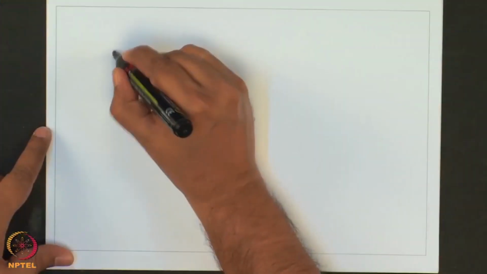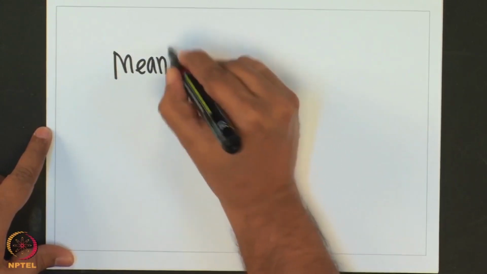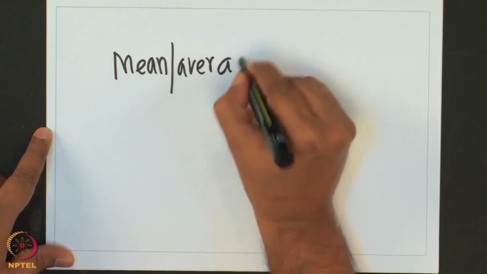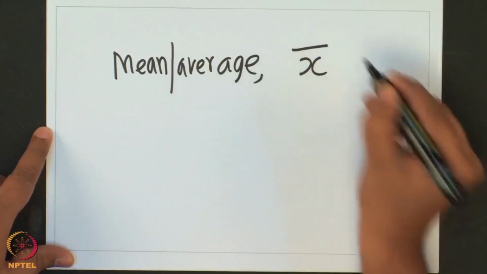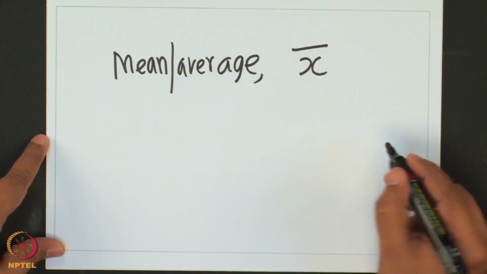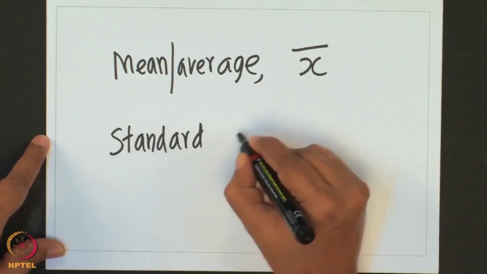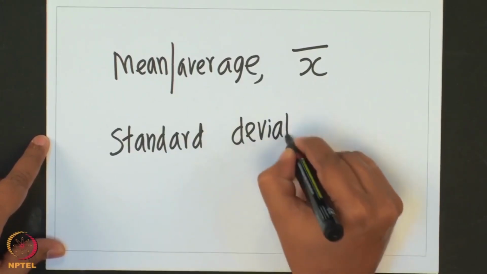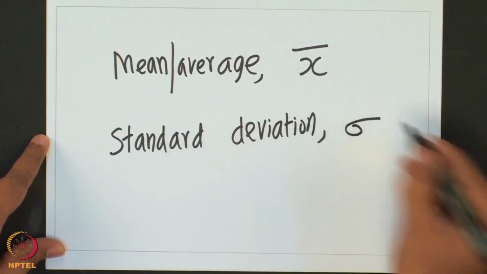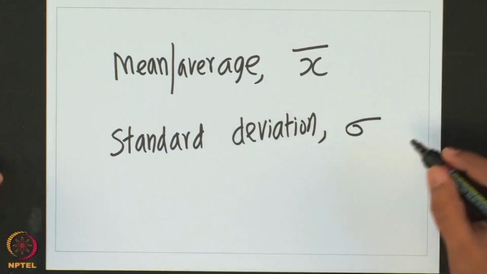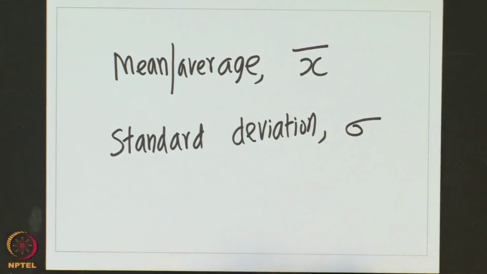So, let us think of two quantities. The first quantity is the mean or average, denoted by x bar, and from any experiment we would also measure the standard deviation, which is denoted by sigma. So, if I do an experiment and specify only two parameters, the mean and the standard deviation, typically